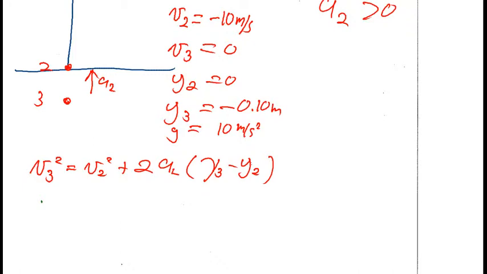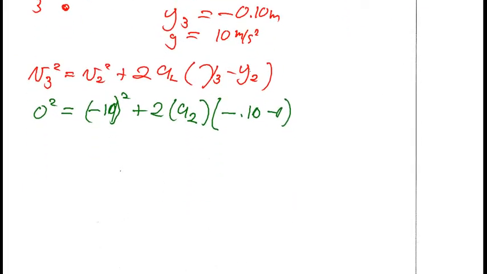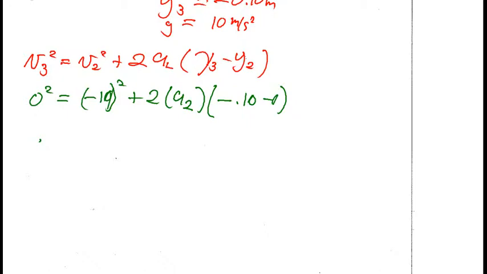Alright, and we can go ahead and plug in numbers that we know. So v3 is 0, so we have 0 squared equals negative 10 quantity squared plus 2 times a sub 2, which we're trying to find, multiplied by y3, which is negative 0.1 minus 0. Alright, move the paper up and work out this mathematics. So we have 0 equals 100 minus 2 times 0.1, which is 0.2